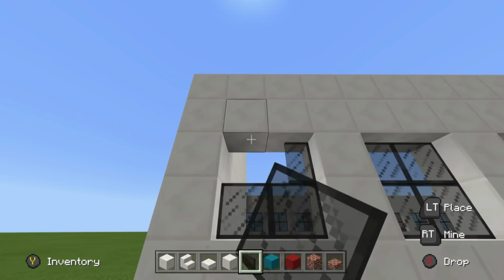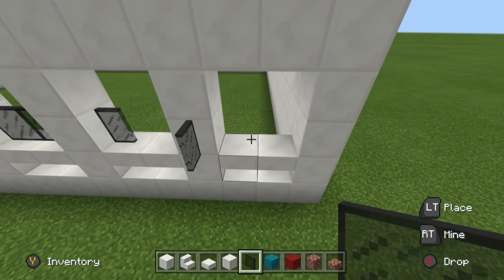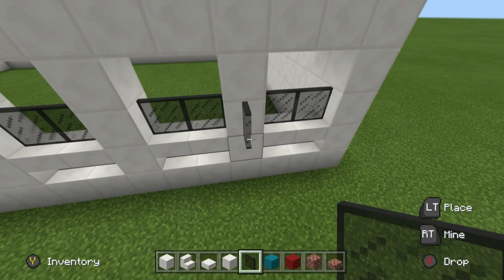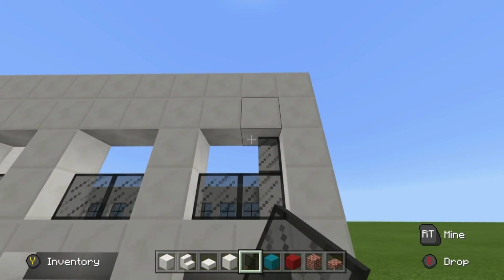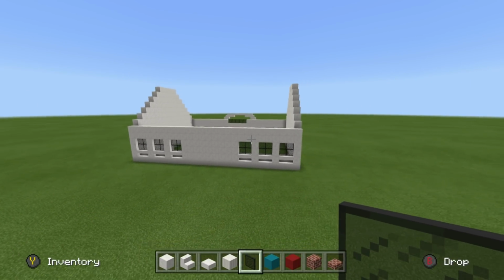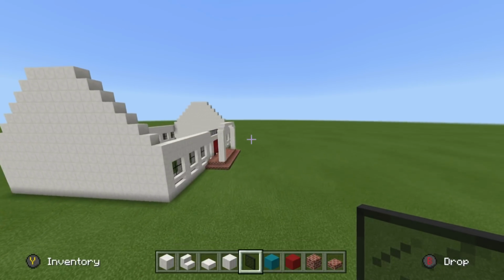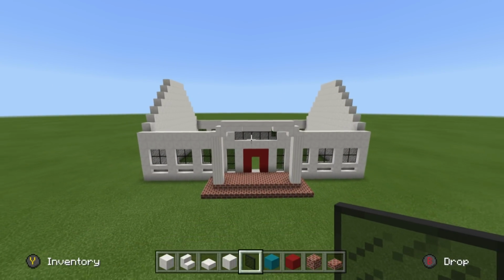We're going to fill all of these in using the black stained glass pane. You could use white, however black contrasts very, very nicely against the white, so they really stand out. It's a nice colour combination. There we go. And then if we flip back on over to the front of the house, the next thing